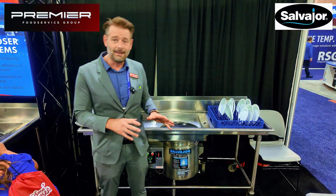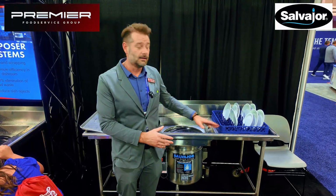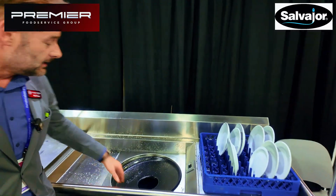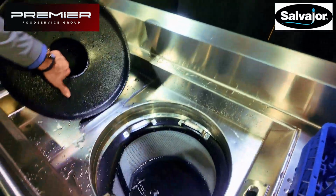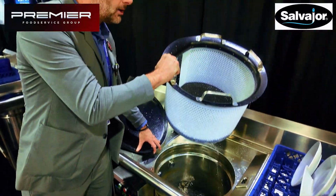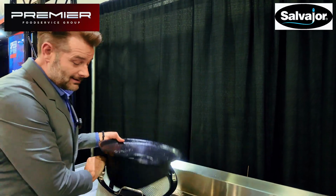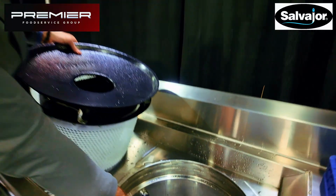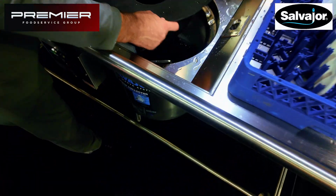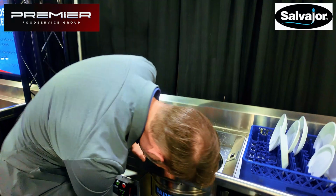What it does is any soluble foods like breads that will dissolve in water go down the perforated basket. Any solid things like proteins, leafy greens, bones, those all stay behind. So you have a huge reduction in the mass and the weight of your trash in this basket. If you're composting, you've got a bunch of good material in that, chuck that in your compost and you're good to go. Functionally, all it is, if you look down in there, is a drain pipe. So at the end of the day, you pull that drain pipe up, it drains out, you're done and good to go. So put the scrap basin back in. There's your silverware saver. You drop that back in. And then when you turn it on,